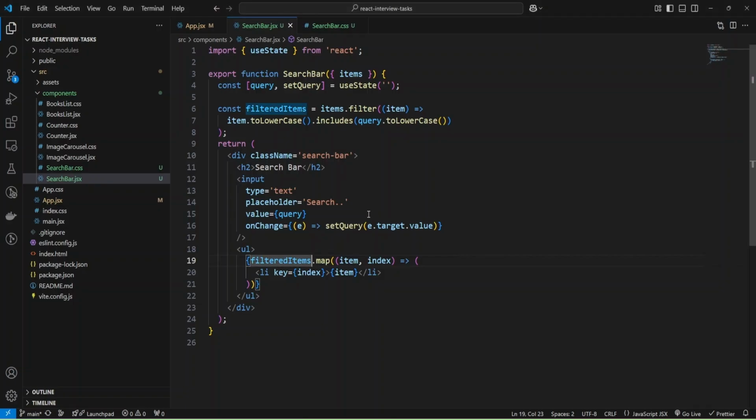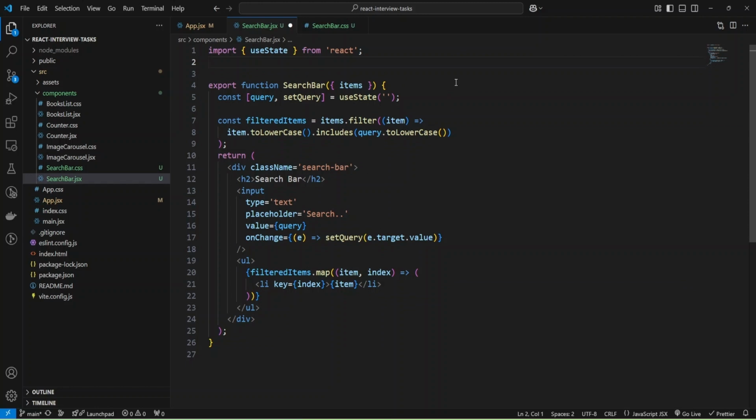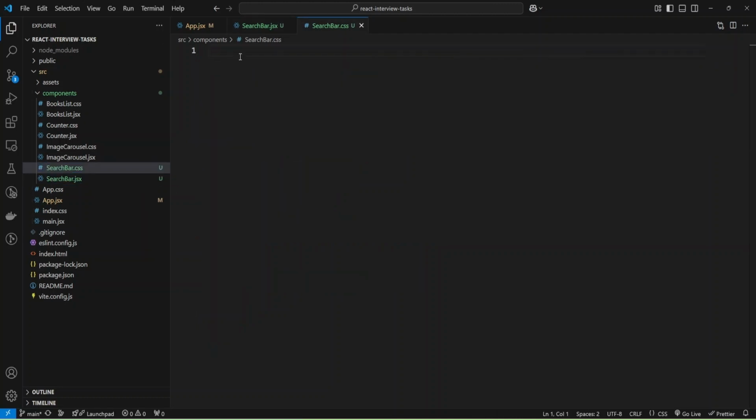And now we can add styles, and for that I'm going to import my searchbar CSS, and let's use this class name and add some styles.